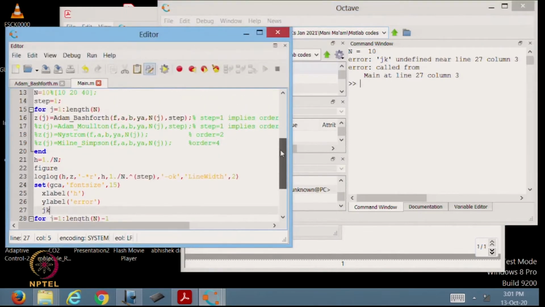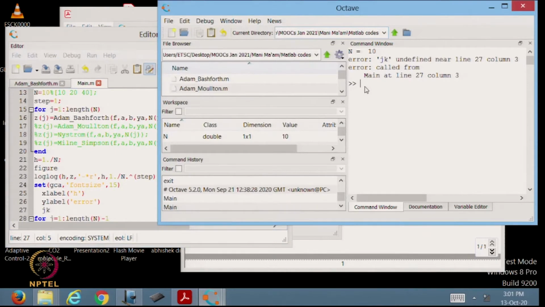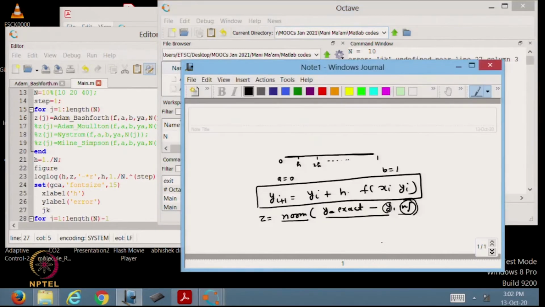Now, if you see the output of this function Adam-Bashforth, the output is in the form of Z. So, basically Z is the error, which if I type it here, I should see what the error is. You see the error is 0.08, and this error corresponds to n equal to 10, or you can say to h equal to 1 by 10.